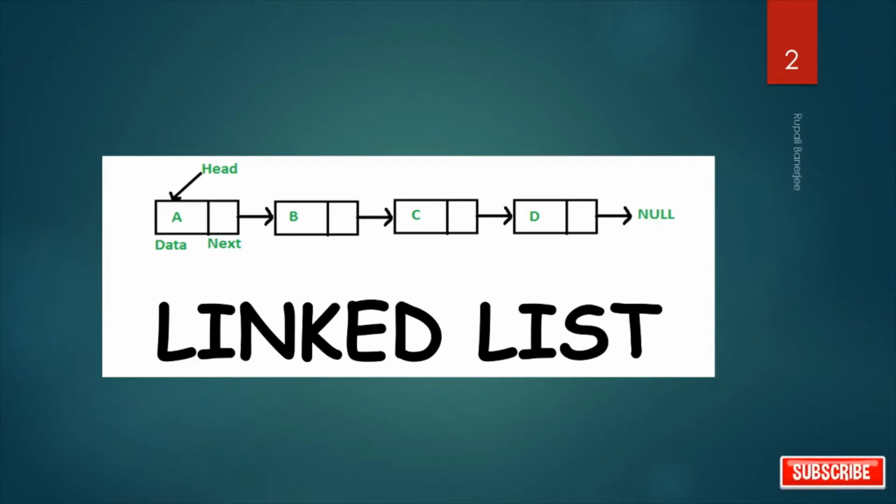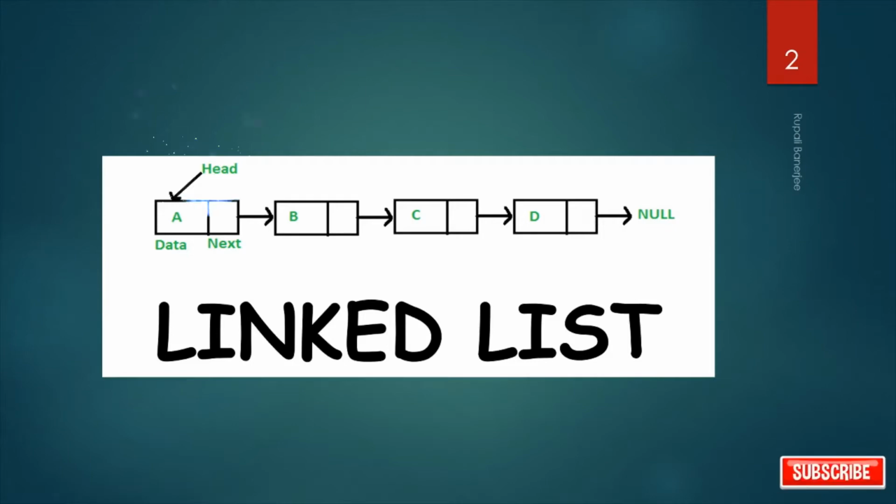Linked list can be defined as a collection of objects called nodes that are randomly stored in the memory. A node contains two fields, that is, data stored at that particular address and the pointer which contains the address of the next node in the memory. The last node of the list contains a pointer to null.